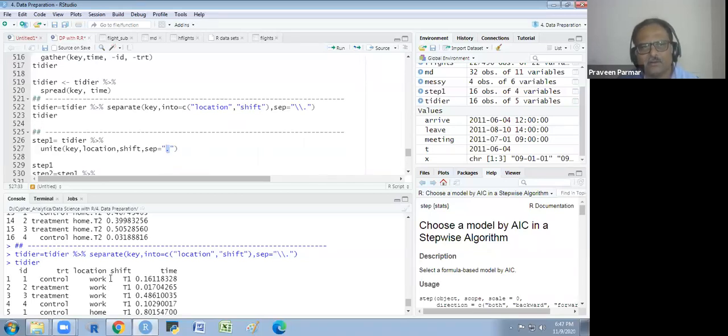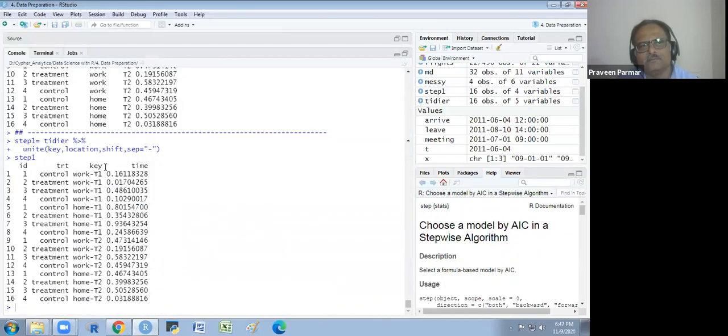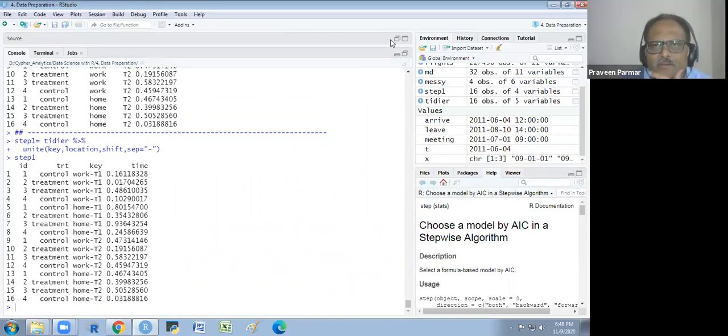Whatever you want, some other you could use, the hyphen also. So you will get a new one. I will show you. So you are getting the hyphen. Yes, sir. Got it? Yeah. So that is the previous function you have to use. The spread function I don't have to use. That is gather, we have finished there, and then the separate we are applying on that data frame. Oh, okay. Thank you, sir.